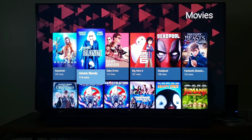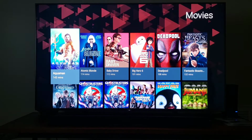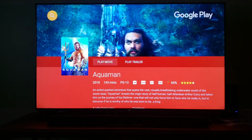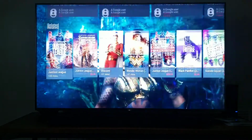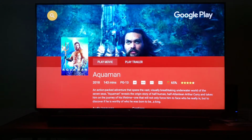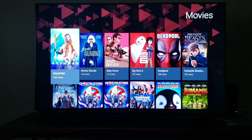What I wanted to talk about was, if you go into these movies, say I go into Aquaman, and it says down there, it says 4K HDR. Yes, it is in 4K HDR. But when you play it on Google Play, it plays in HDR10, and that is all. It will not do Dolby Vision on Google Play. The reason being, I found out recently, is Google